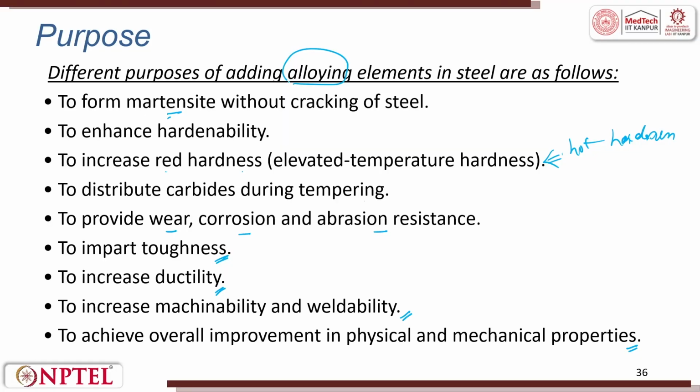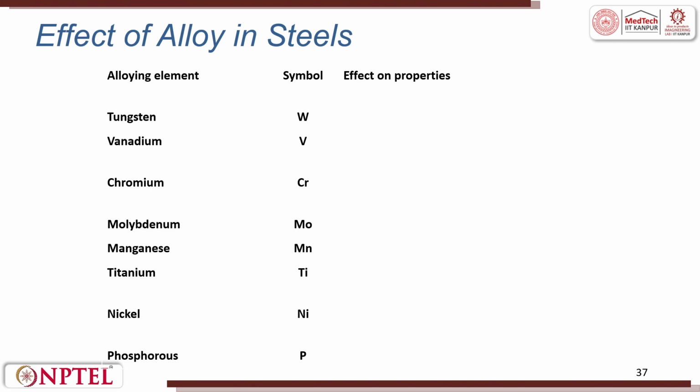The elements can be silicon, chromium, nickel, molybdenum, magnesium, or manganese. You can add any of these to meet the requirements. Here are some of the alloying elements and their symbols. If you want to increase hardness, we add tungsten. To impart fine grain distribution, I told you in the beginning of the lecture, when we talk about grain engineering, we try to understand how to make the grain such that we get the property.